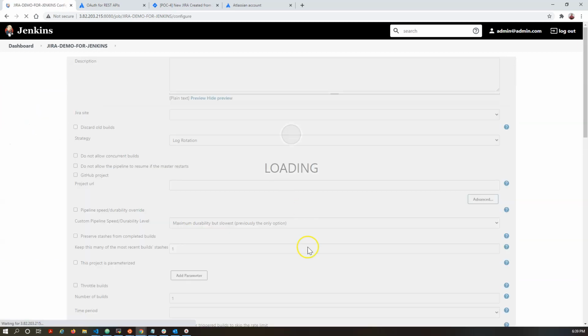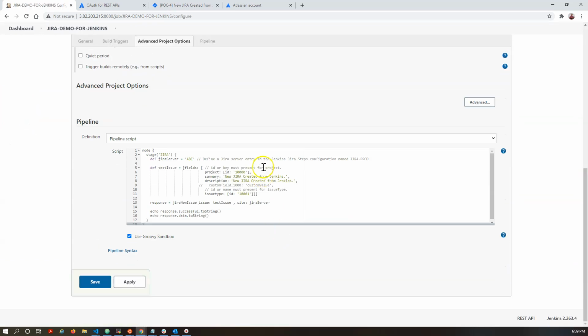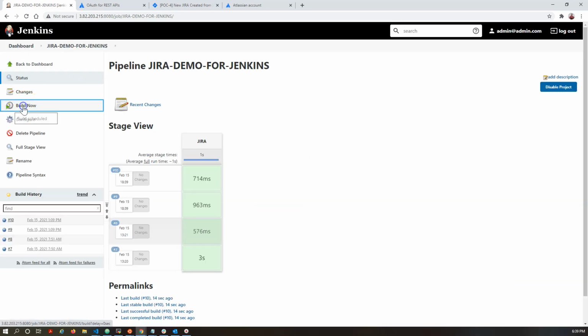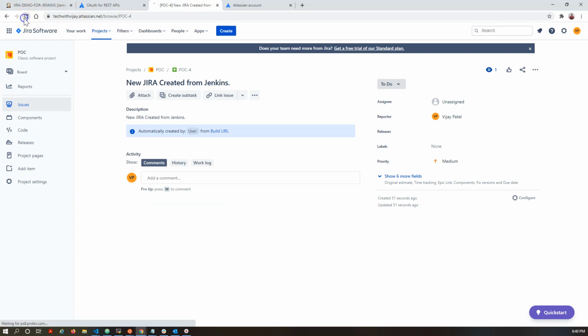Let's change the description here. I'm changing it here. We are passing some identifying word. I'm just passing a double hash here. Let's save this one. Let's rerun. So this will create the 10 and 11, and now let's refresh this one.